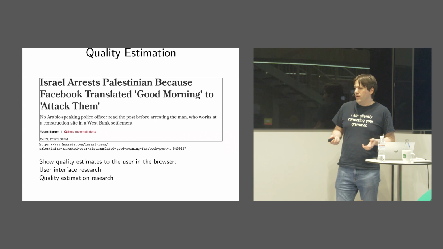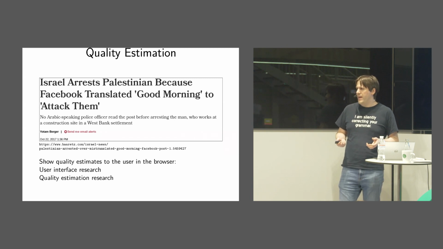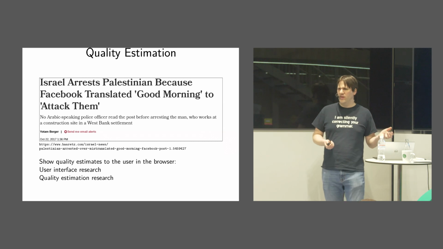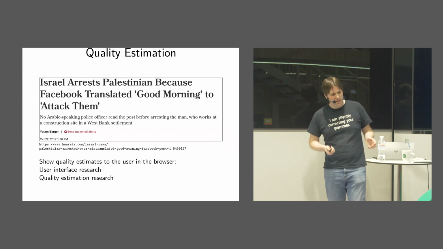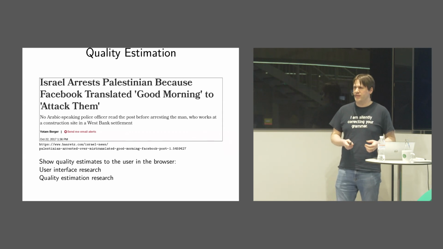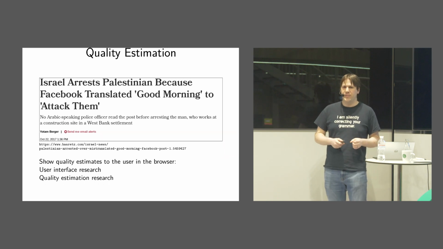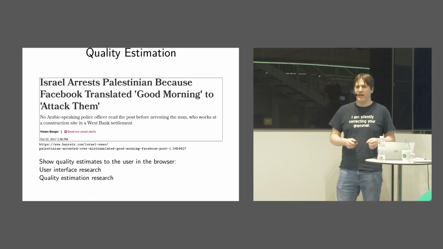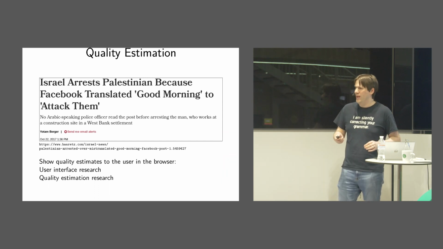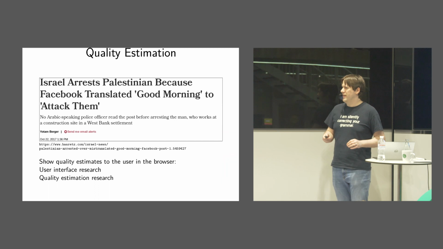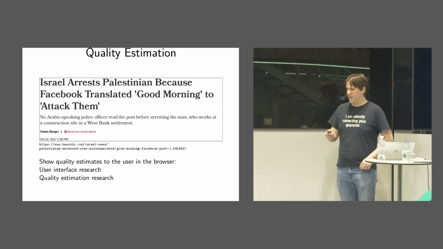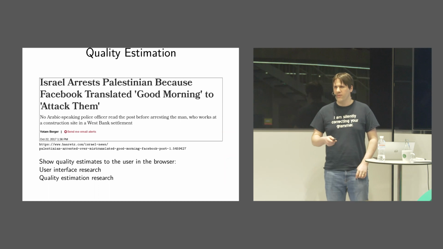So we want to show quality estimates to the user, and that's difficult because you need to have a user interface that's unobtrusive. If it's a good translation, maybe we should say nothing. And there's actually an even worse risk: what if our translation is bad and our quality estimates are also bad, and it tells the user it was a good translation? Are we going to make the Israeli police even more aggressive? That's a problem. So maybe we'll only show bad quality estimates or some document level estimates. That's what we're struggling with in our user experience research right now and recruiting participants for.